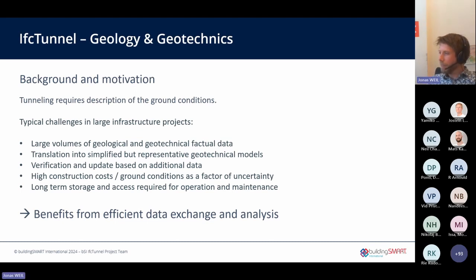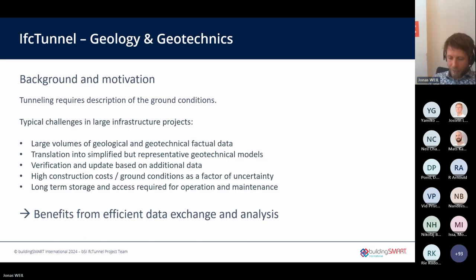This is the reason why many of the infrastructure owners are aware that they need to pay attention to this, and as they develop their digital tools for design and develop BIM models and digital twins and so on for their buildings, for construction, design, operation, also the ground conditions came into the focus.